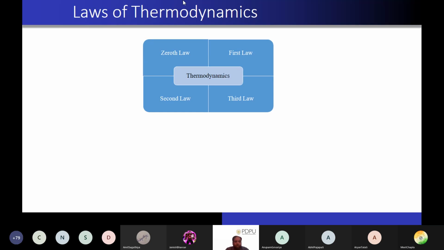So we were discussing the laws of thermodynamics. In the previous experiment, the second one, we discussed the first law of thermodynamics, and today we did that heat exchanger problem. We were not able to do it physically, but still I tried to explain